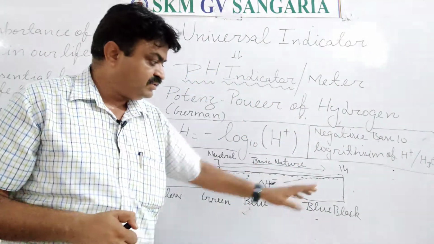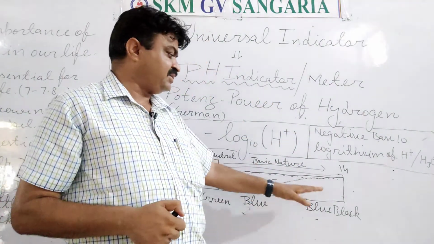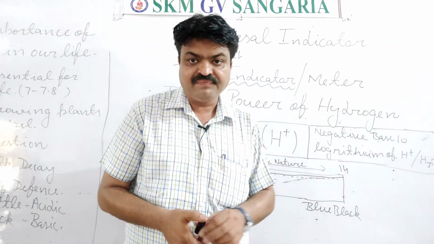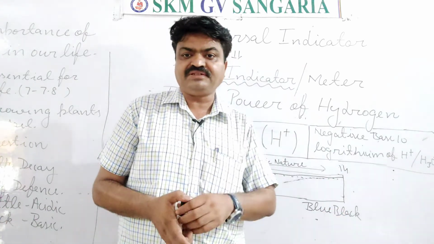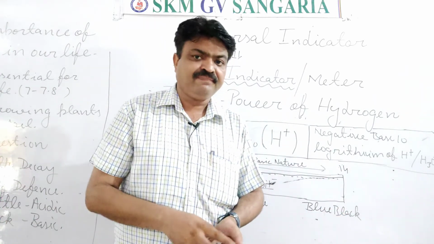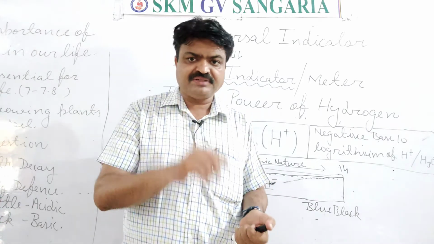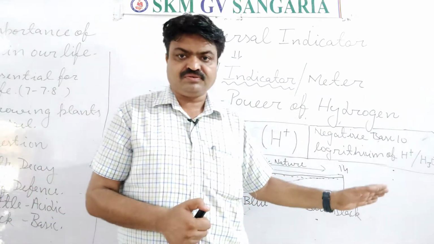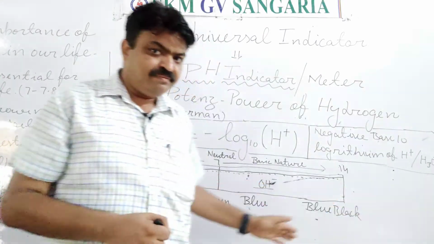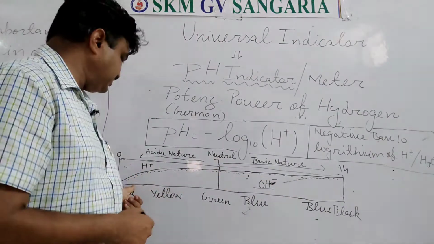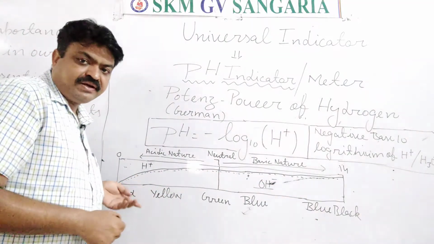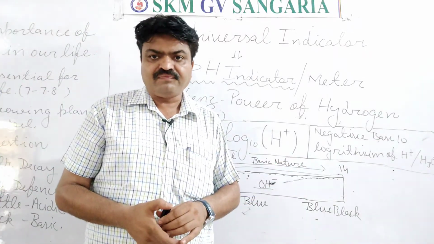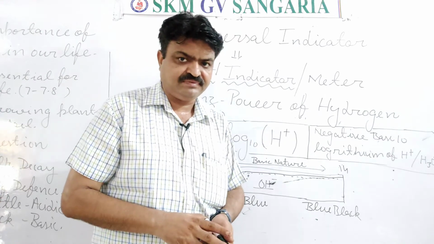If the pH paper gives a blue and black color, it means that particular chemical substance is basic in nature, or we can say it is a strong base. So in the presence of a strong base, pH paper has a blue-black color, student, but in the presence of a strong acid it has a red color. So with the help of the change of color, we can also know the nature of the chemical substance.